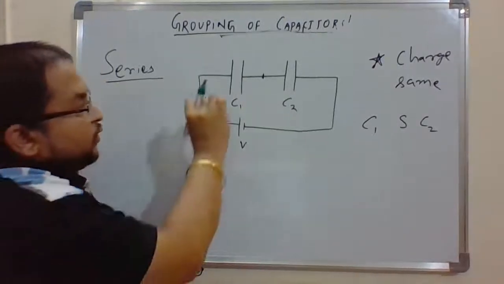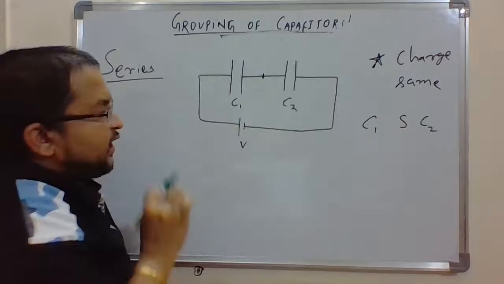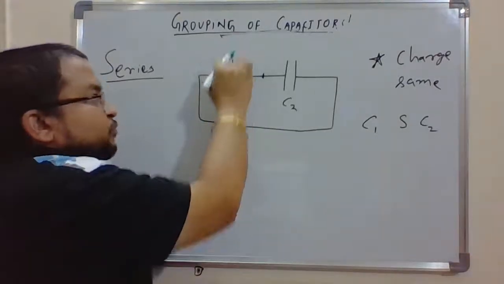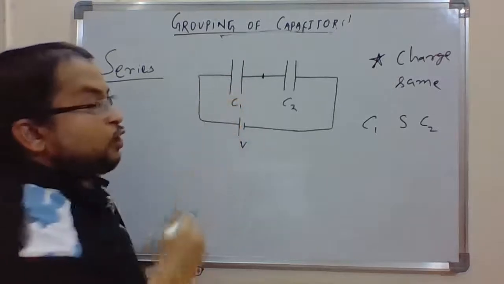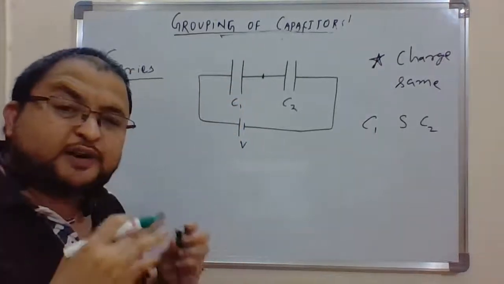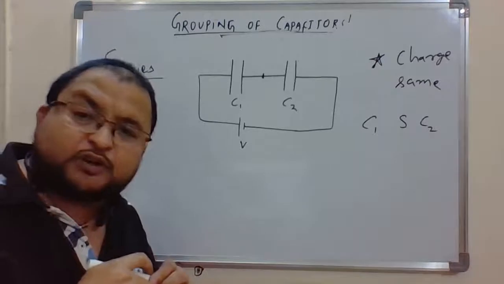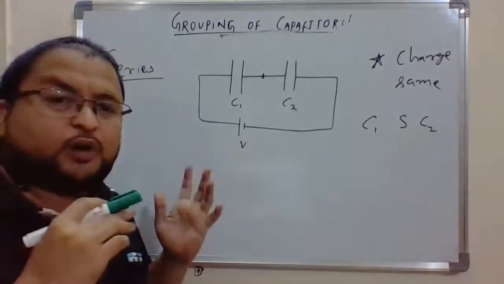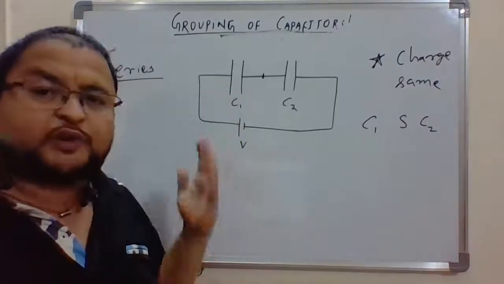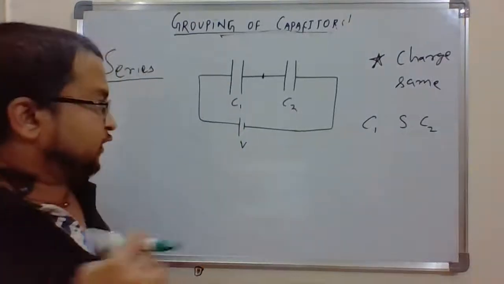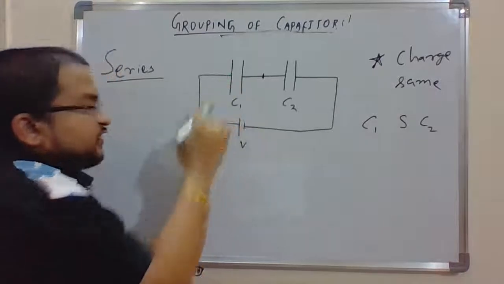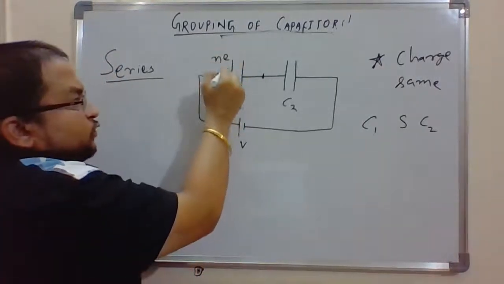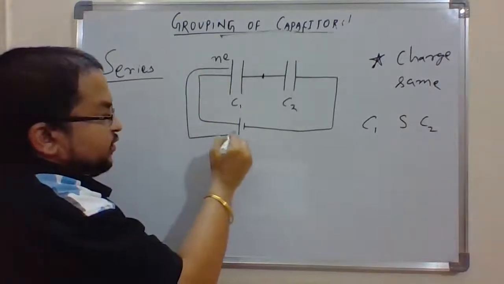So now the moment I connect this to an external potential difference V, what will happen? This is a metallic conductor, right? So do we know that metals have an abundance of electrons with them? They can provide as many electrons as needed, because they have a huge amount of free electrons with them, right? So the moment I connect a cell to it, obviously some n number of electrons would move from here to